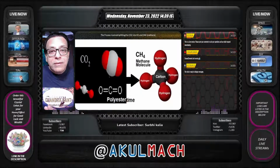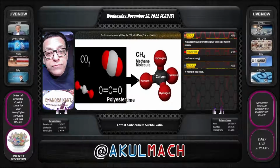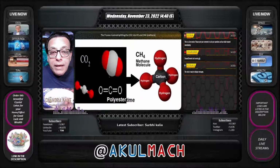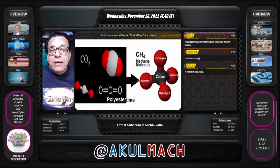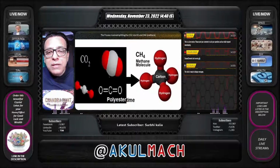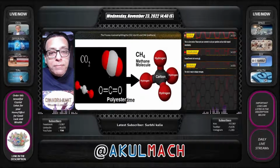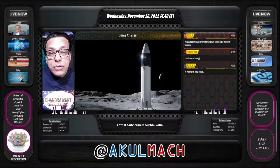Directly use the dirt as a catalyst, extract carbon dioxide from there, extract oxygen from the regolith and also methane, store them separately, and whenever you want to take a ride, fill them in separate tanks. And using very primitive rocket technology, which is more than 100 years old, you can return back to the home planet, or you can take a forward journey from the surface of the moon. So this is a game changer, because